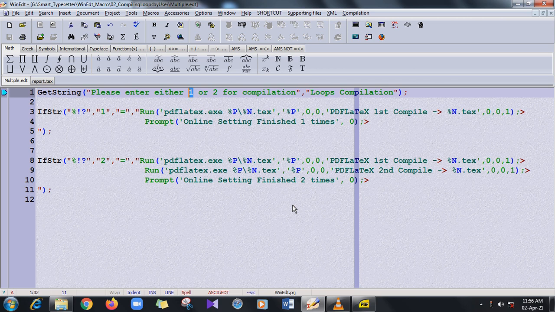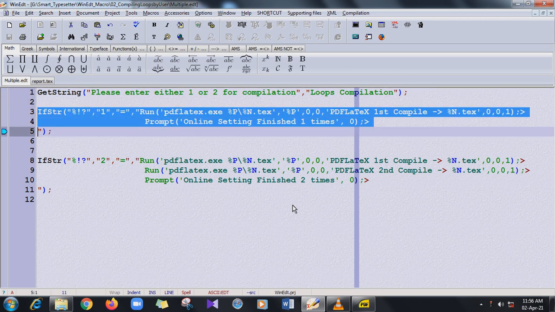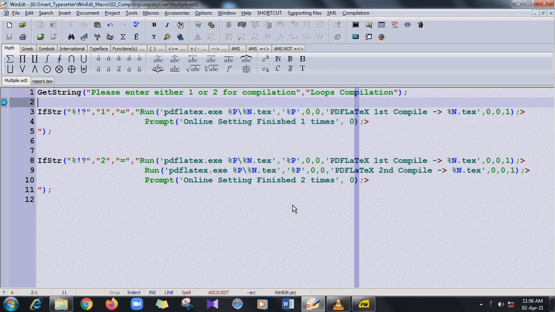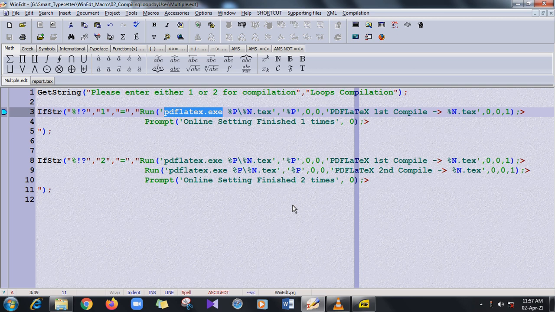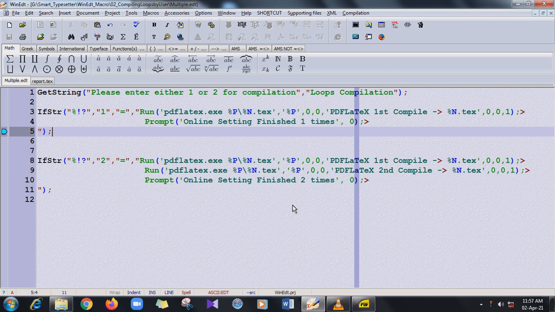If you give 1, this macro will execute. If you give 2, this macro will be executed. So if you give 1, it runs PDF LaTeX 1 time, and then says online settings finished 1 times.